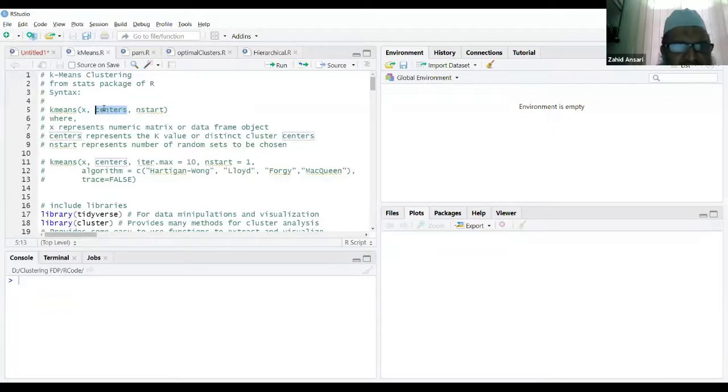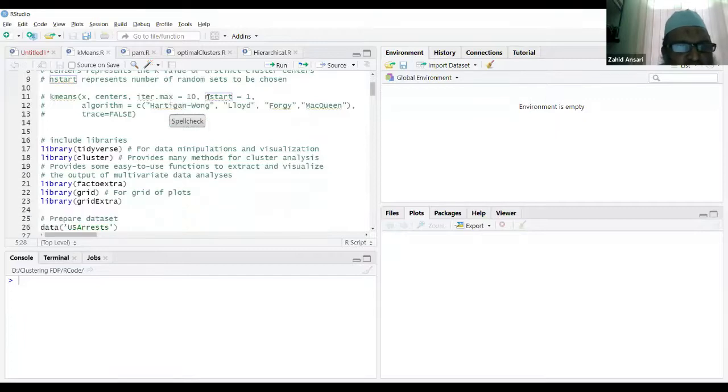Since k-means clustering is influenced by the initial selection of the cluster centers, if we want to repeat it, we can specify how many times we want to take the samples for the clusters, that is nstart, how many times we want to restart it, so that finally we get the best clustering based on the objective function. We can specify that over there.